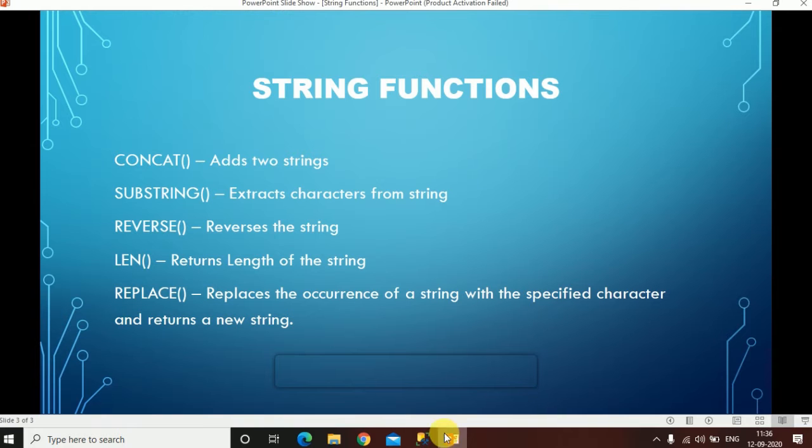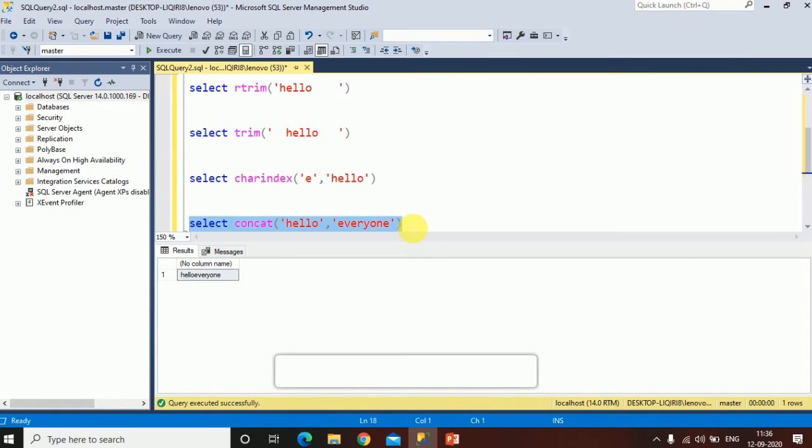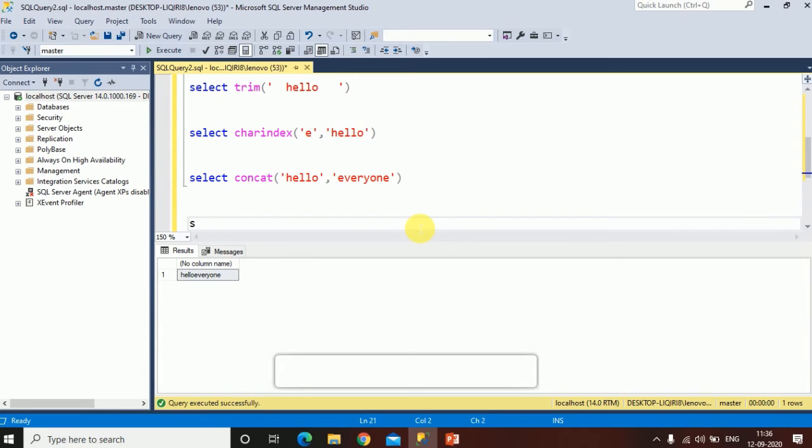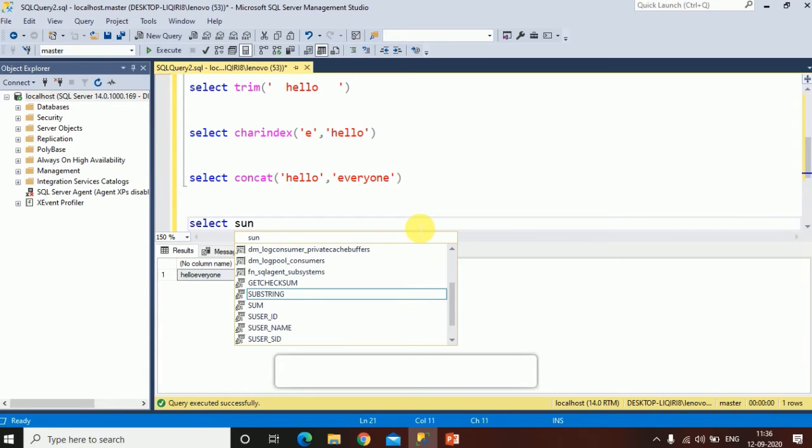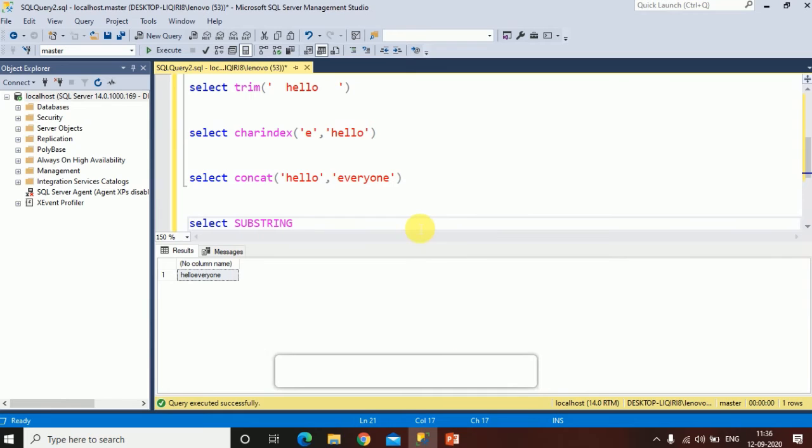Now the other string function is SUBSTRING. It extracts the characters from a string. We'll check SUBSTRING in demo. Select SUBSTRING. You can see in the IntelliSense it specifies the expression, starting position and the length.